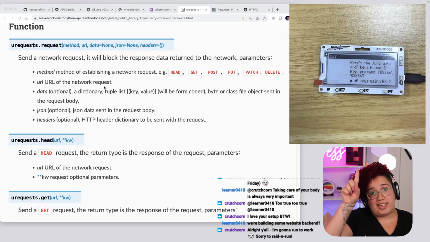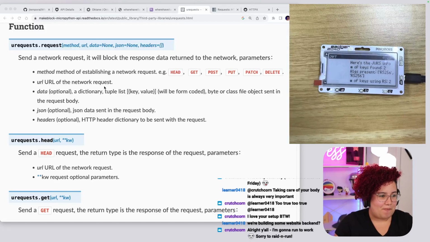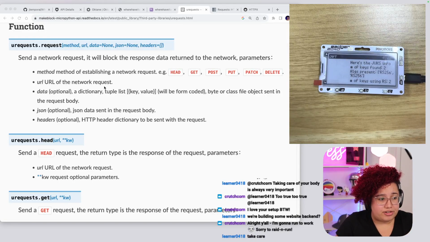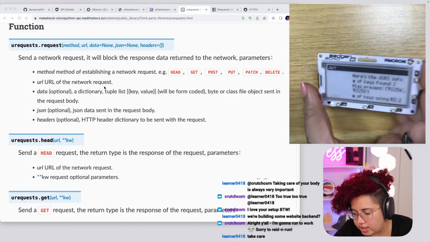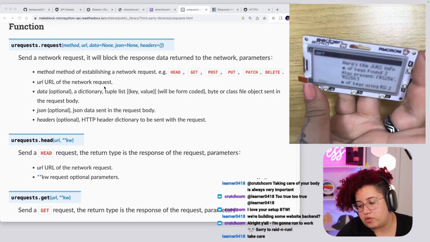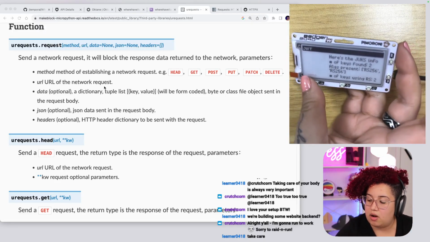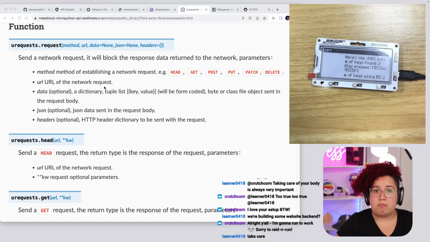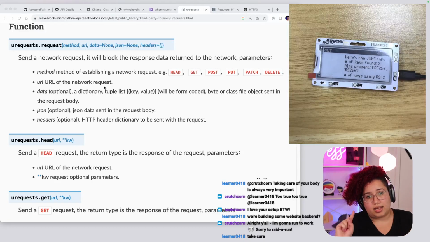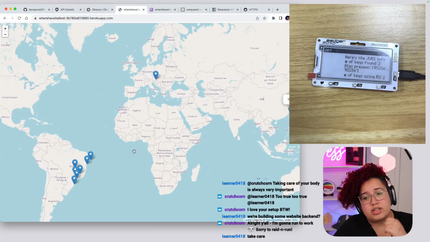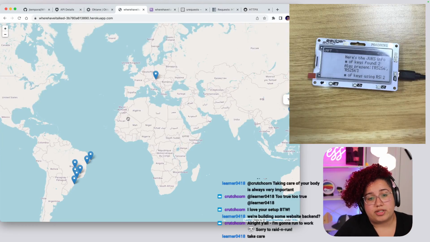So the thing up here is a badge, a digital badge with e-ink from Pimoroni, and it has Wi-Fi capabilities. So it's the Badger 2040. What I'm doing is basically relying on the Wi-Fi and making a request to Auth0 right now to get the access token so that I can make requests to my protected API. It's a map, and the endpoints that are protected allow me to add information to this map.